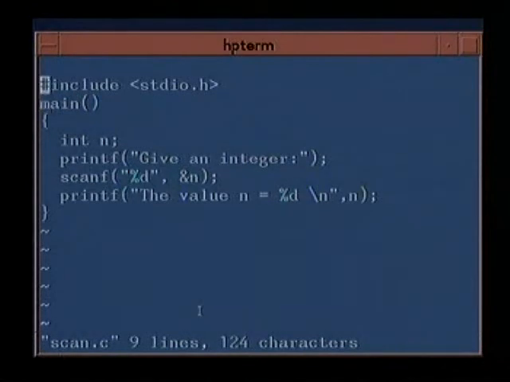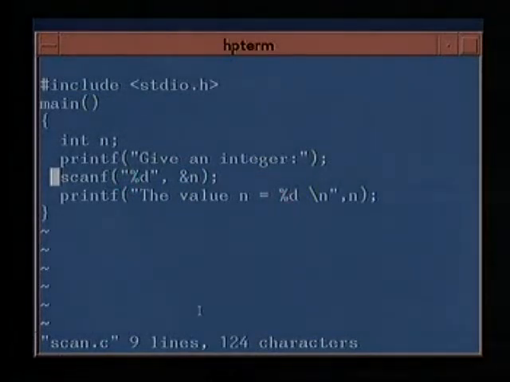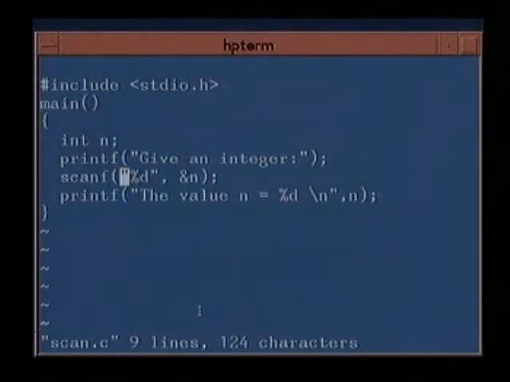So it says hash include stdio.h main. This is the main braces. We declare an integer int n. We print saying give an integer, and here there is no backslash n, so it will wait here for you to give an integer, and this is the function to read a value. Like printf, scanf is the library function which can be used to read a value, and just like printf, it has a control within these quotes which says that I am going to read in an integer %d,